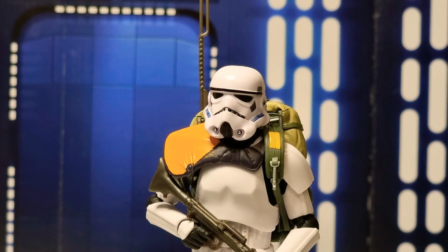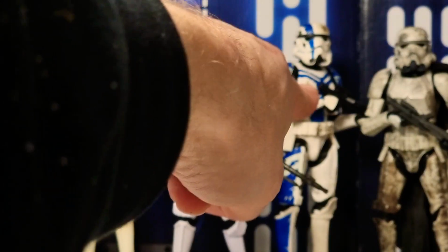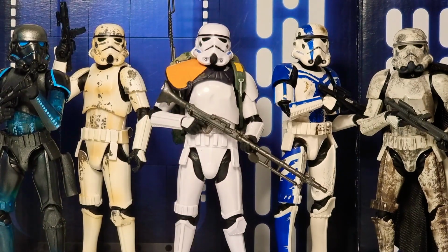I'll set up something here and we'll have a wee chat and finish off. Alright my friends, there we are. The top 5 Black Series Stormtroopers. Great bunch, aren't they? Absolutely, again, love this. It's just there. Awesome. Alright my friends, again, thank you for joining me. Something different and a bit of a top 5 today. I've actually been meaning to do this for too long. And I knew it would take a while. More deciding than anything, so...